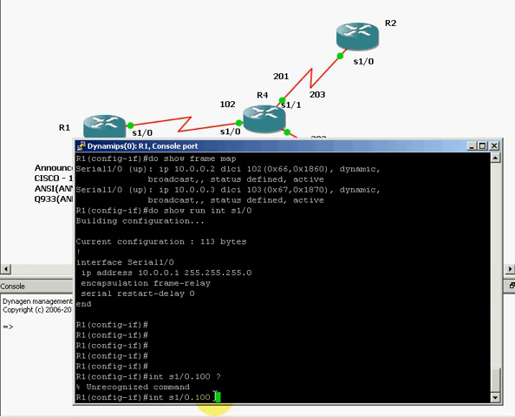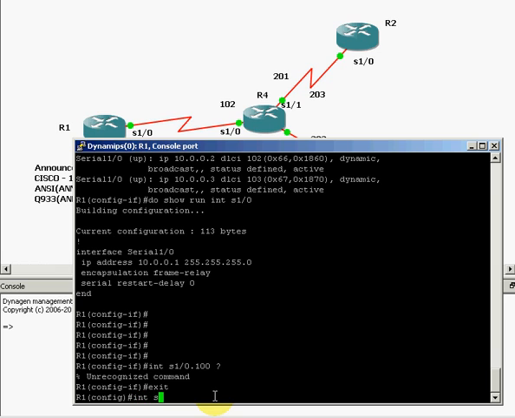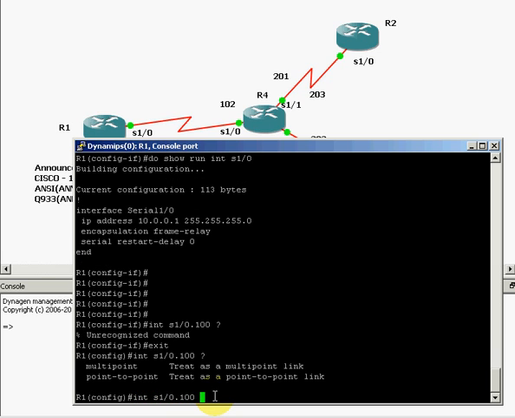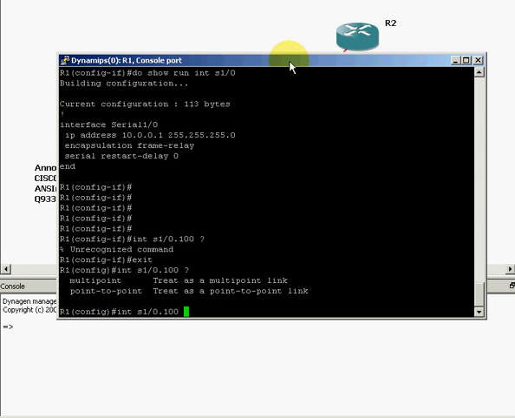Let me exit out here so I show you correctly. Interface serial 1/0.100, right? If you type a question mark, it gives you the different sub-interface types, and there are our two types. We can create another multi-point interface beyond the physical interface, or we can create a point-to-point interface,